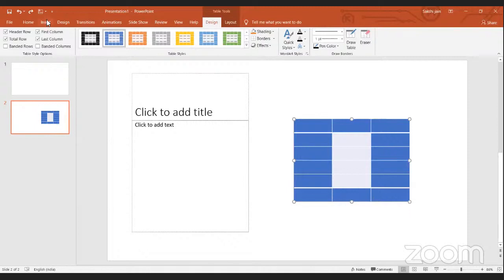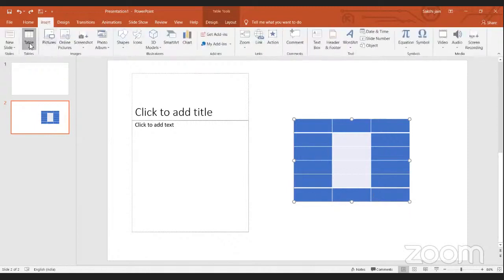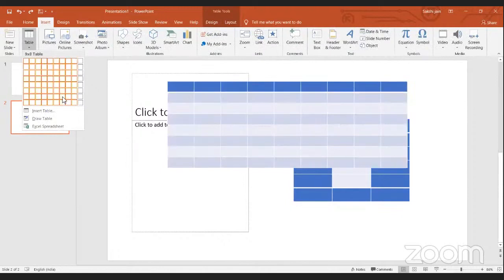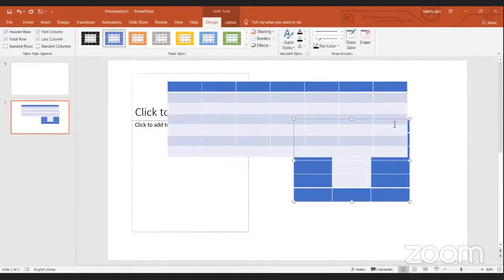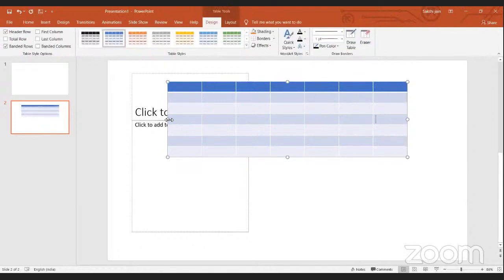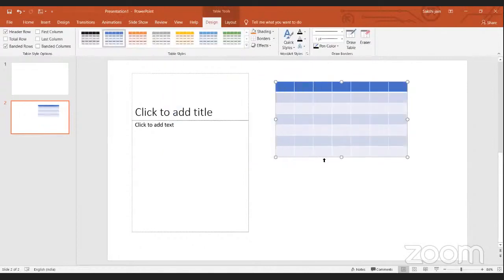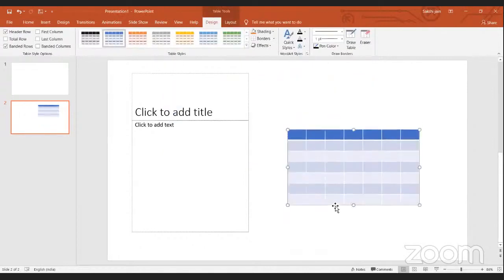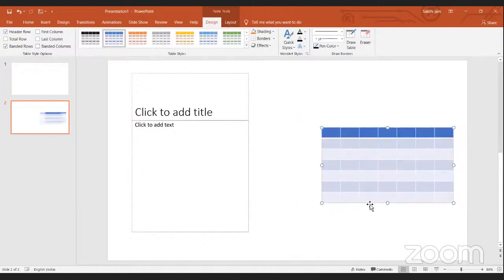So here, what I'll do, I'll insert a few more columns here. I'll select one more row, and I'll delete this one. I'll delete this one. Here we can see there are many columns and many rows. So in this situation, when we have many rows and many columns, what we can do is